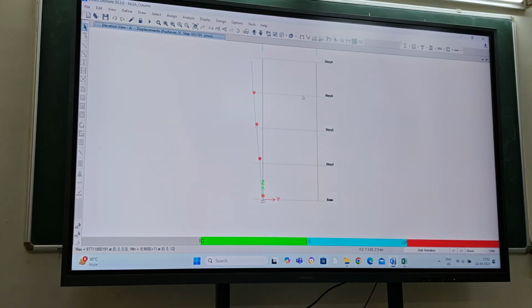Now you can practice. Just take one simple model, assign hinges, and carry out this pushover analysis. Just practice. In the next class, we will take one building structure and conduct the pushover analysis and discuss all the performance assessment, whatever you have to do in real practice. Those things we will